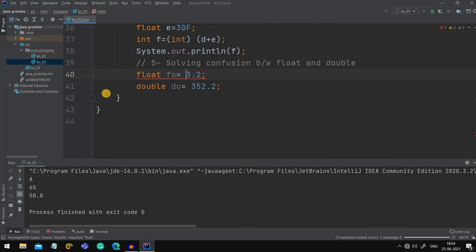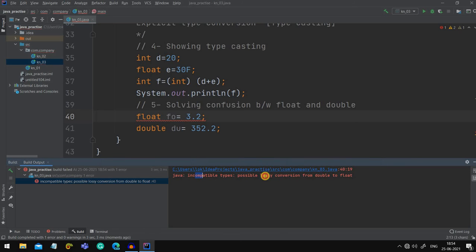Obviously there will be an error. See, incompatible types: possible lossy conversion from float to double. Although I have not converted both of them, if they are together in a program and we are not specifying which is the float value and which is the double value, there will be a lot of confusion, and this is known as explicit conversion of literals. Okay, this is the particular thing.